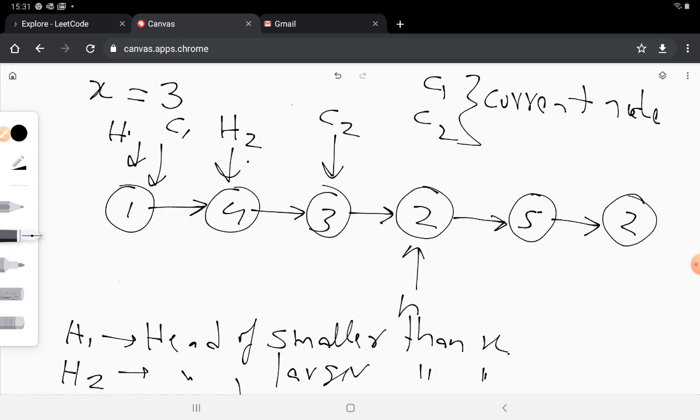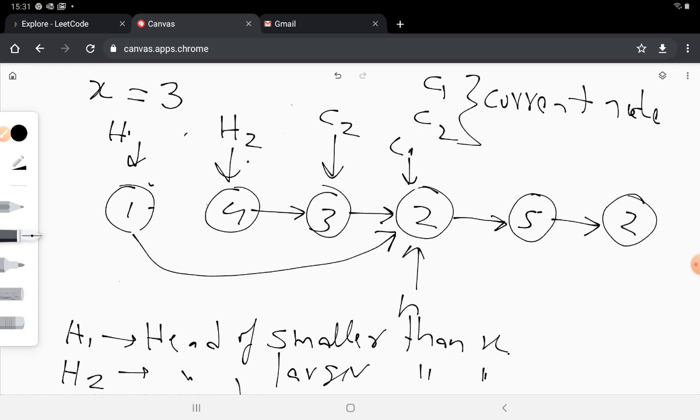So our c1 now starts pointing to this 2, and simultaneously we link the current c1 to point to the next value which was found in the smaller half of the list. So in this case we would remove this linking and we would in fact link 1 with this 2.